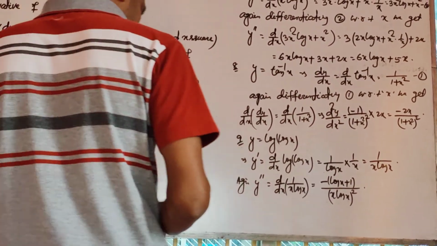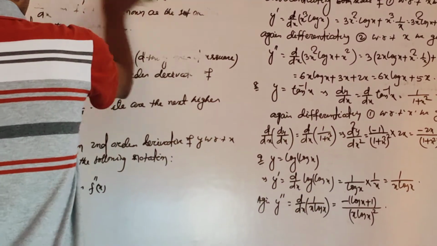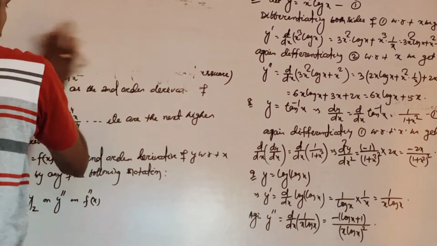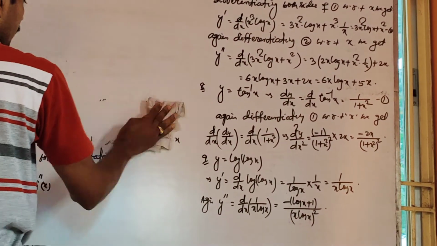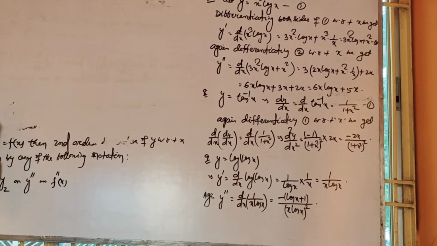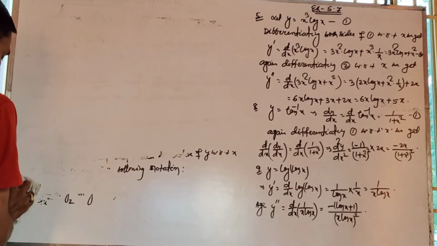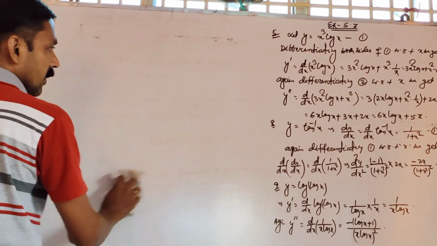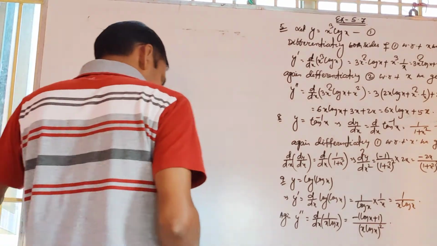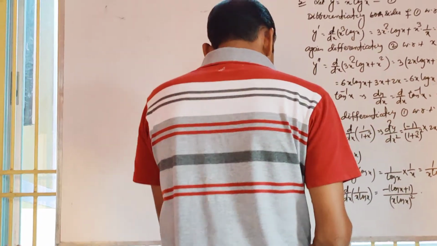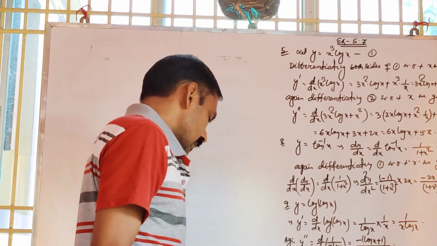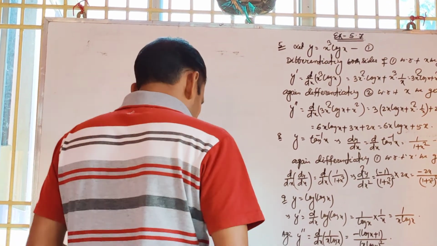Then here, in second order, actually second order derivative is easier than others. Just find the first order derivative and then once again differentiate it to get the second order derivative. This is the concept. Okay. Now here, question number 11 to the remaining questions up to 17, we have to prove. And here I am solving only the main question.